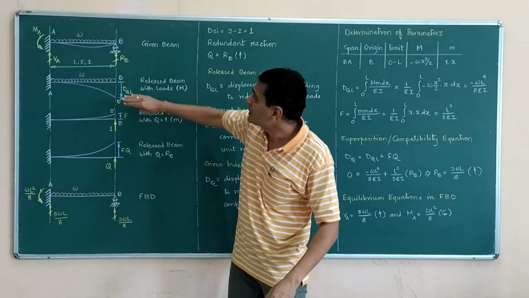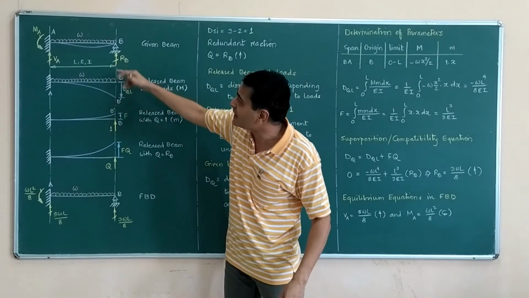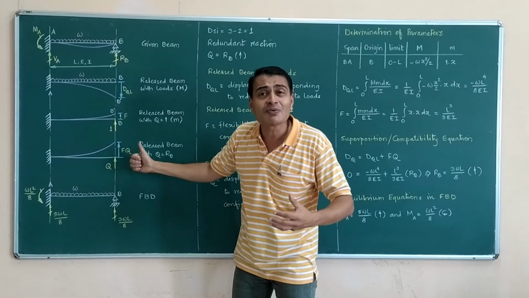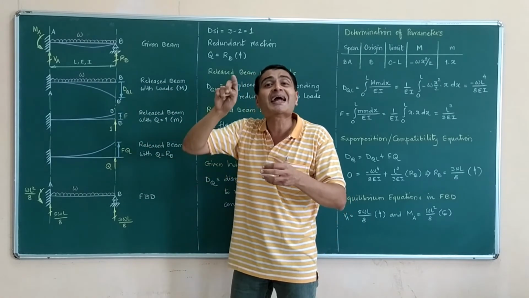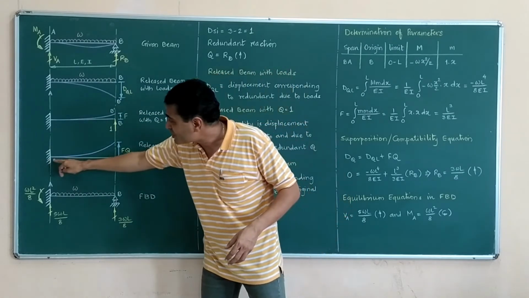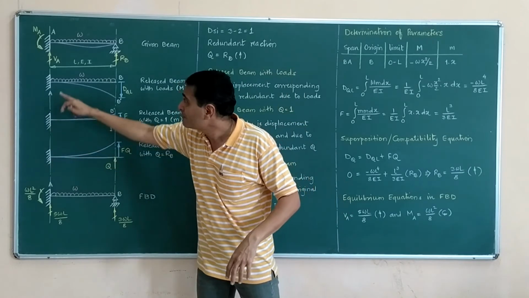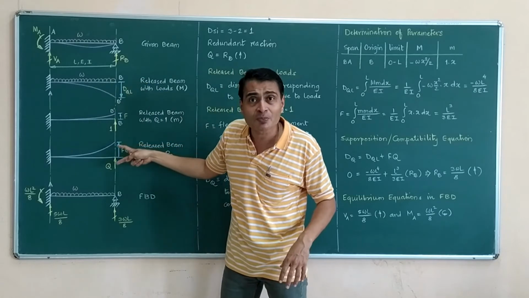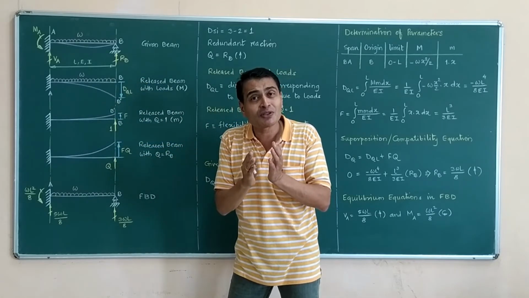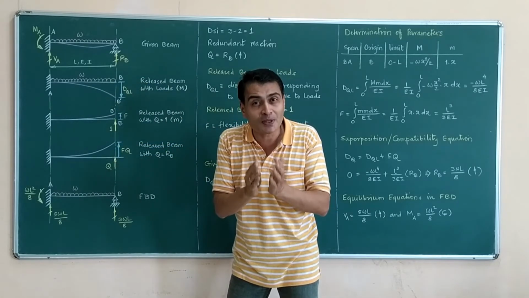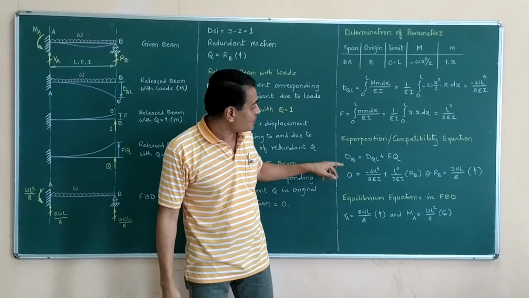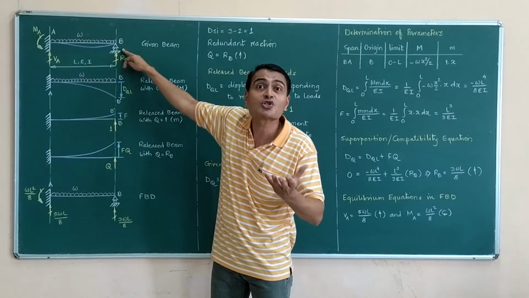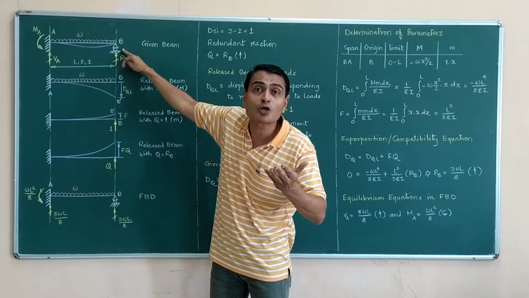For example, there is no roller support here, it's a cantilever, so it can deflect. Same is the case here, it's a cantilever subjected to Q, it can deflect like that. This is zero slope deflection, this is zero slope deflection, but these deflections are possible. So I am writing an equation in deflections or displacements, and this particular left hand side is 0 because it corresponds to this prop where deflection is not possible.